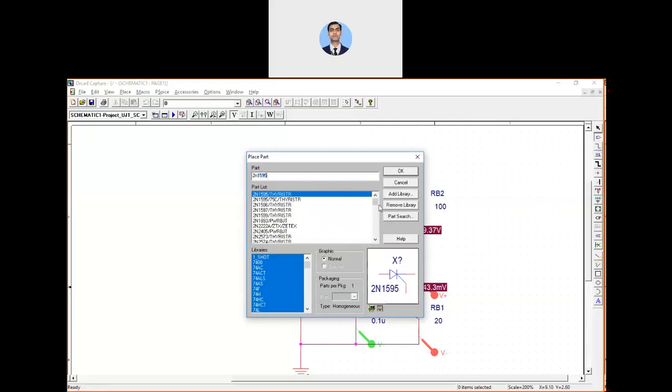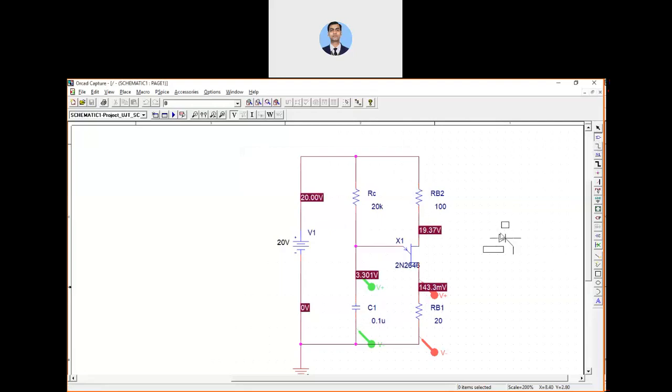We will take this SCR and rotate it by Control R. Here we want to trigger this SCR, and because it is an oscillator circuit, you can remove this, you can adjust this thing also, you can remove this one also. As per your convenience, you can adjust all these things.